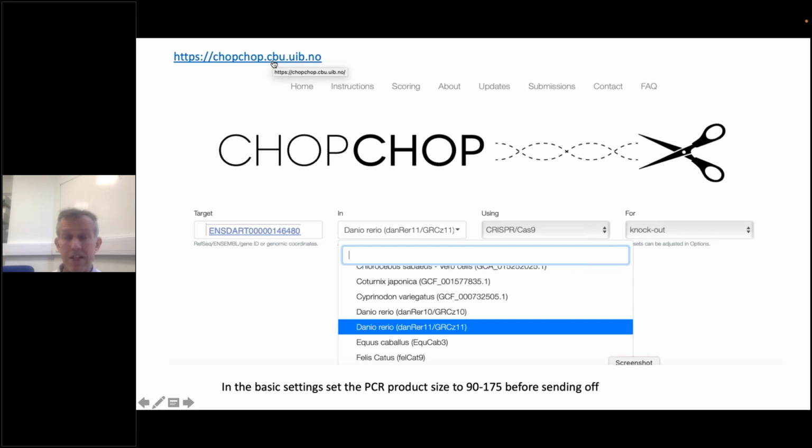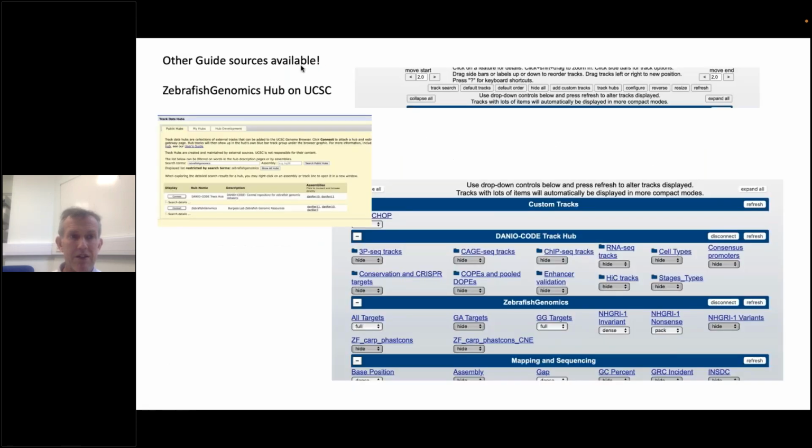It is basically out of convenience. We find this one the most convenient. There are a few other ones. You know, there are other sources where you can see guides. So if you're familiar with the UCSC genome browser, there's a Zebrafish genomic hub that you can find under the track hubs.